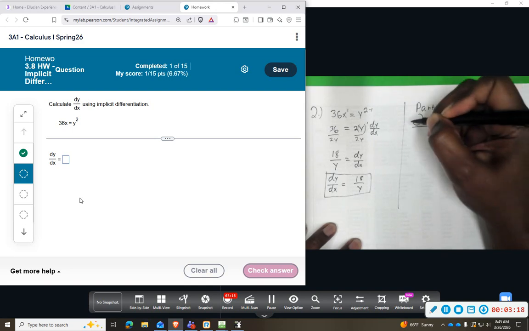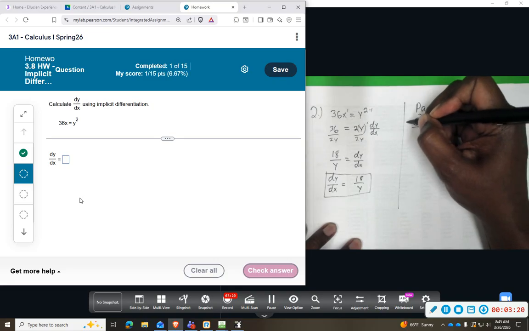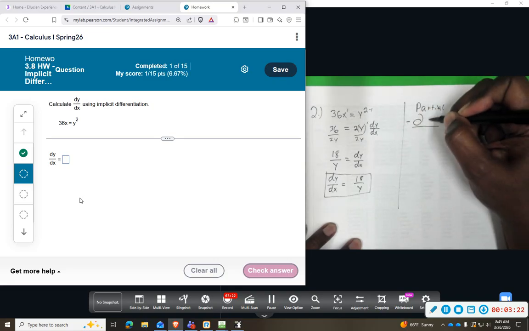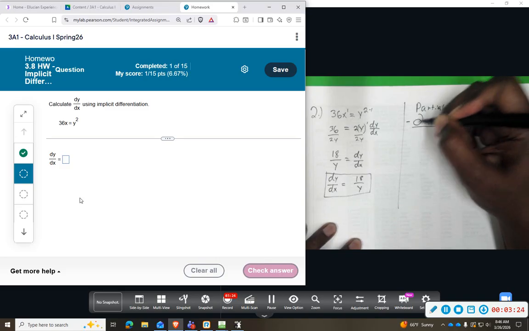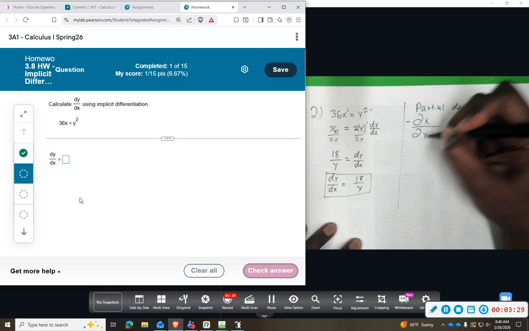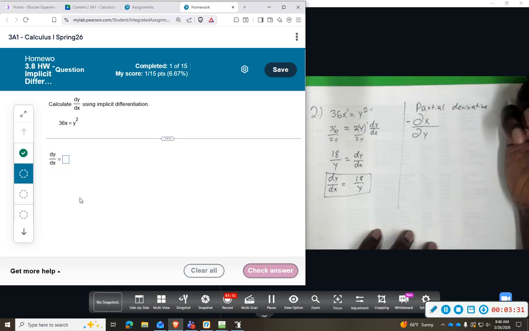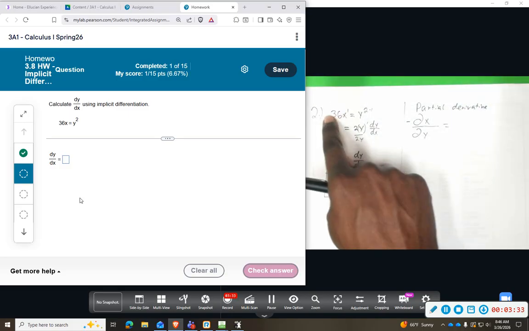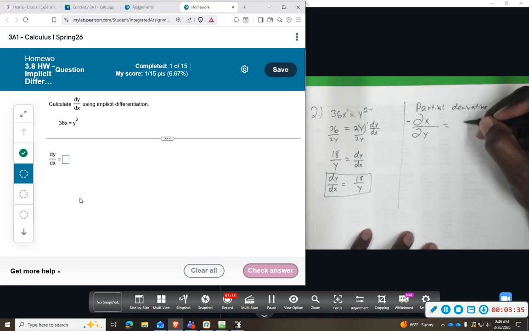To do the derivative with implicit differentiation, we do the negative of the partial derivative with respect to x over the partial derivative with respect to y. So that means if we take this function, first we want to set it equal to 0. So 36x, we would subtract the y squared